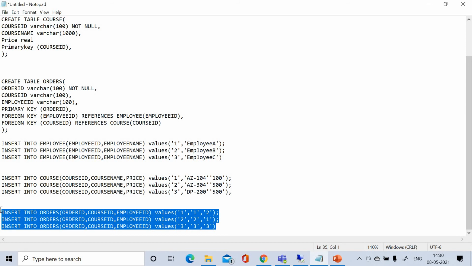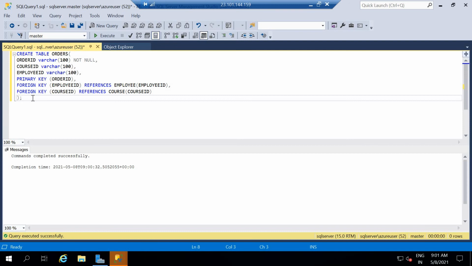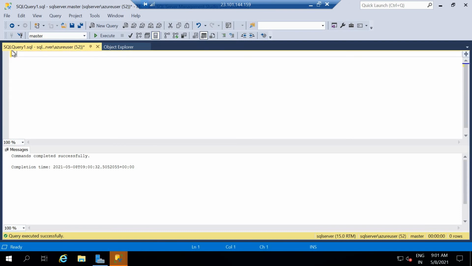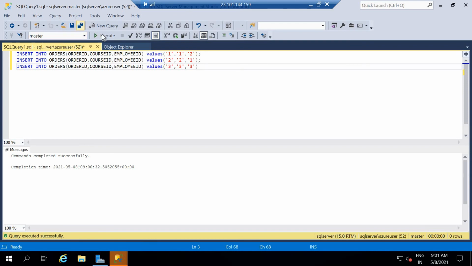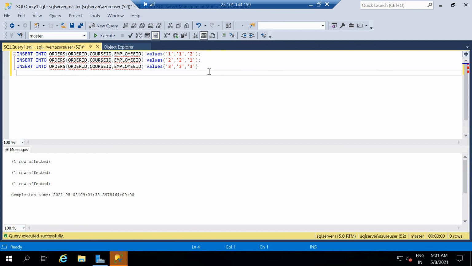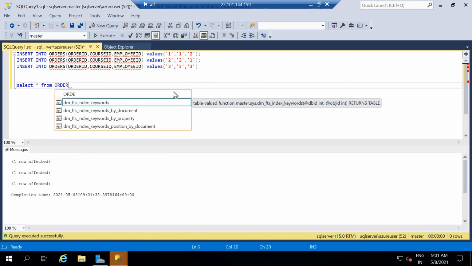This is the simplest example that can be discussed. I'm just going to copy, paste and run it. That's it. Now if I do select star from orders,